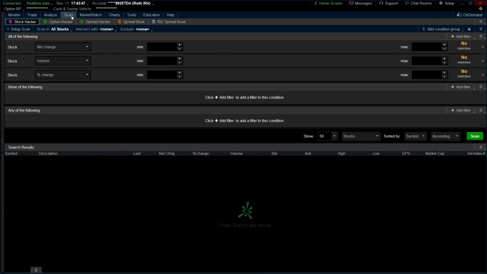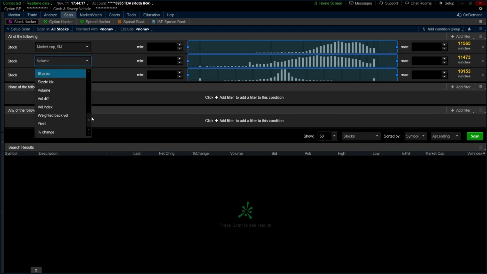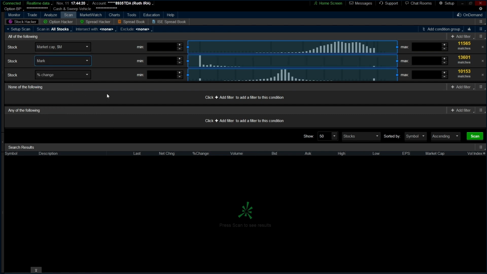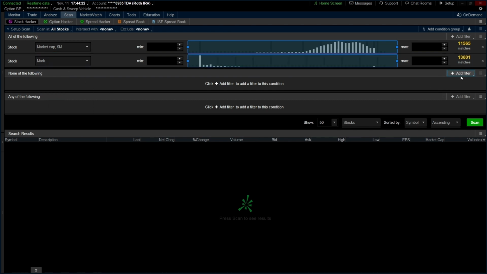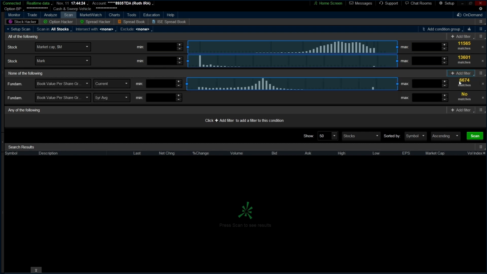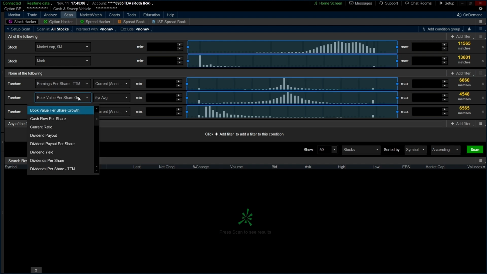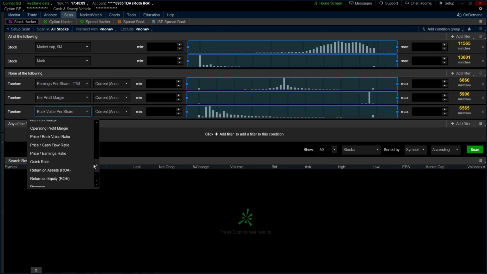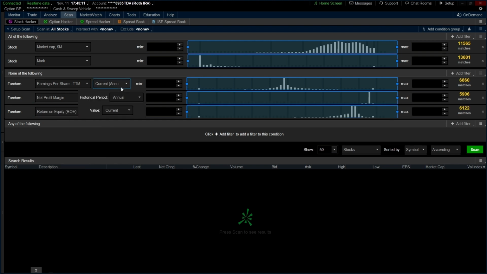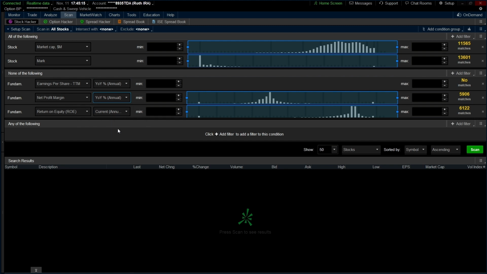Let's head over to the Scan tab, go to Stock Hacker. Now here we're going to create a scanner. Let's add a market cap, then add a price, mark is the same, I don't need percentage change, add a couple fundamentals, let's add the earnings per share, net profit margin, let's add the return on equity, let's make sure all is year over year percentages,